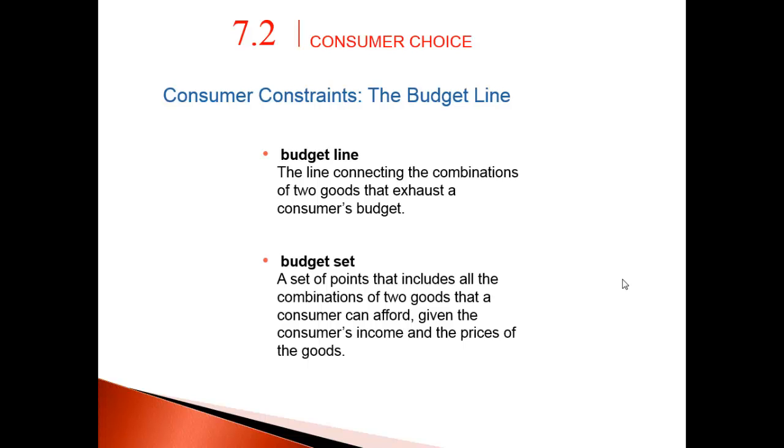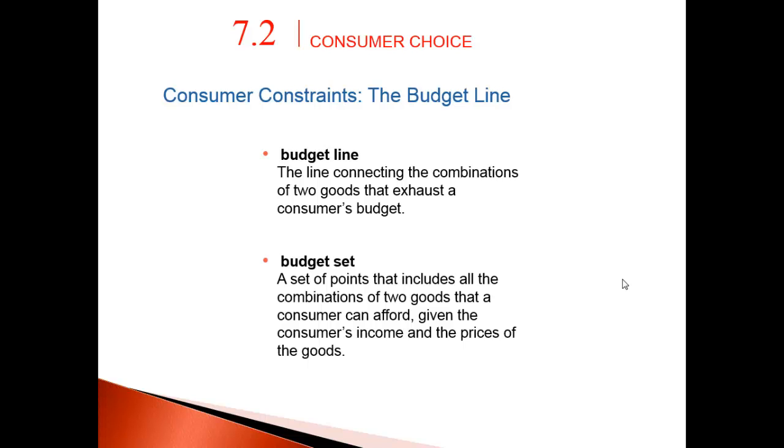Don't really pay close attention to the budget set. I don't think I'm going to ask any questions on the exam about it. All it is is the points in which we plot the graph for the budget line. Your budget line, you might as well say, is your budget constraint. I like that a lot more than budget line. The book uses budget line. In my graduate program, we always called it budget constraint because that's the max amount you can spend on 2